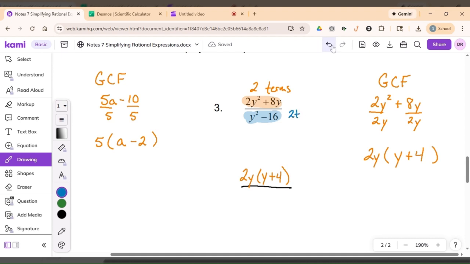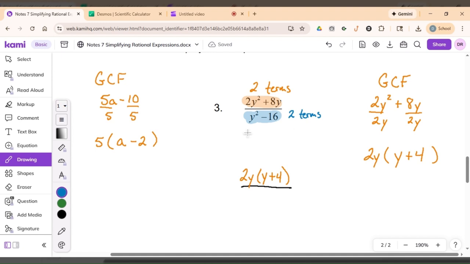But if we take a look at these and ask ourselves, is there a GCF? It doesn't appear like there is. There's not a number that we can divide in both spots other than 1. And we can check, do they both have a variable? And the 16 does not. So there's nothing that these two have in common. And when that's the case, but you have these 2 terms, the next question you need to ask yourself is